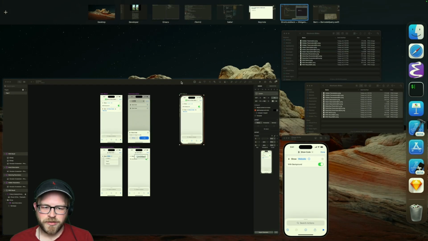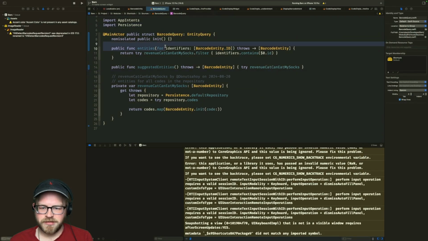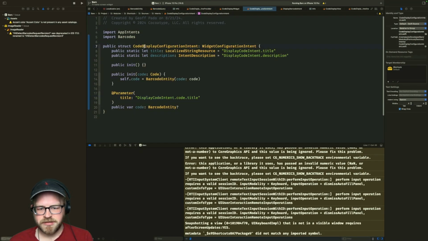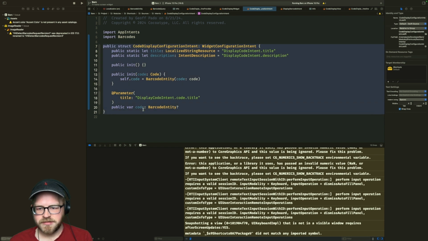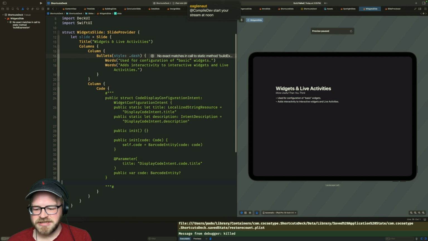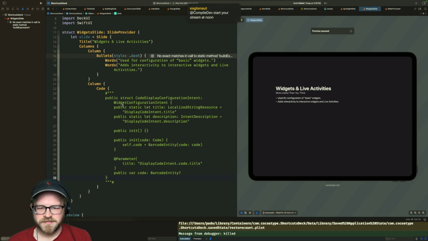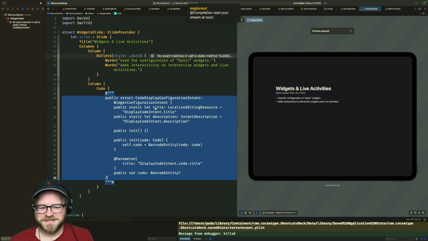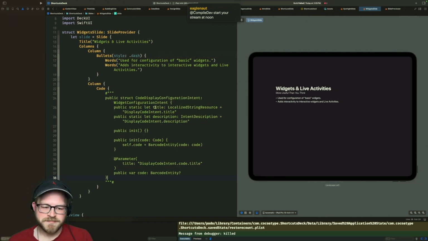Okay, so here's where we need our other intent. This one. I mean, really, there's not anything interesting in here. It's just more of the same. But honestly, maybe that's the point, that there's just more of the same. We need this to be Swift code.